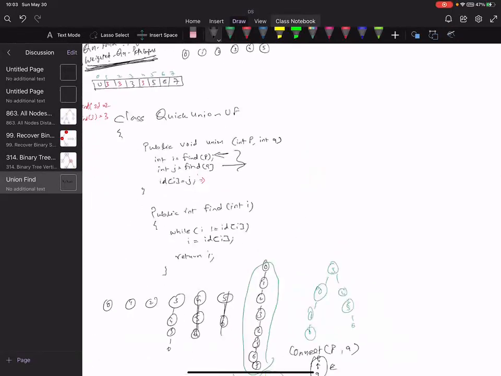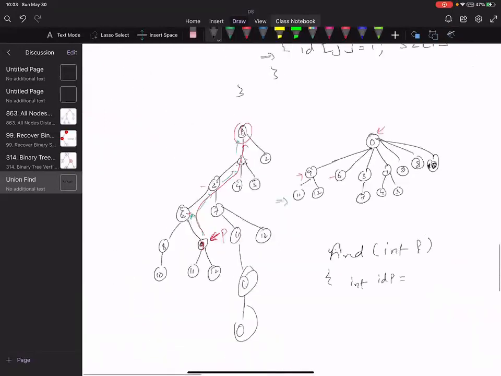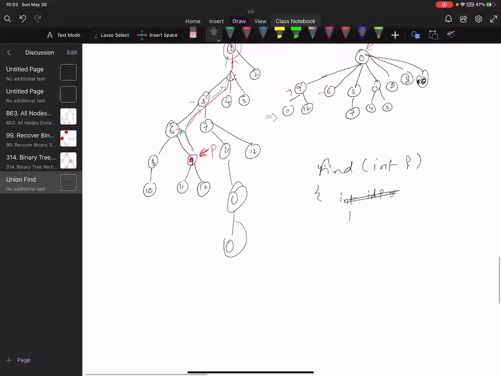While I is not equal to ID of I. This will be changed. Basically, I want to store this I. Let me write ID of P equal to, okay, integer. I want to temporarily store that.